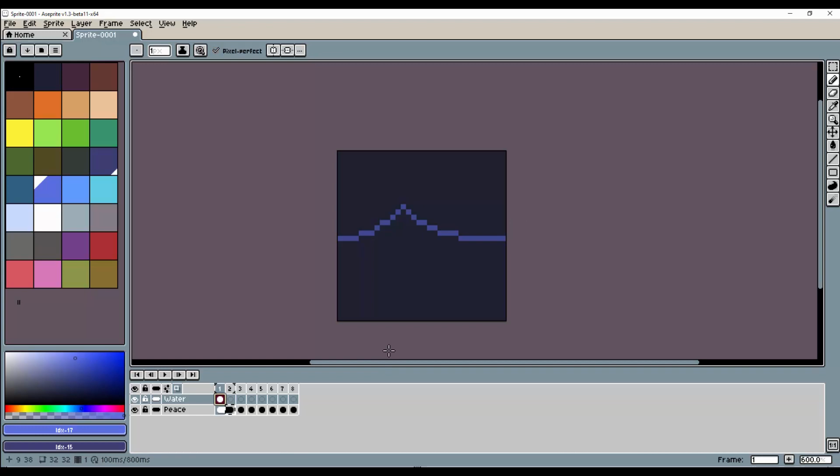And what I want to do is I want water to be constantly bobbing up and down because this will be a repeating animation. So I've set up my onion skin here. When I go to frame 2, I can kind of see faintly the lines of my previous frame. And I kind of want to make like this wave. I want it to move to the right, but I also want it to sort of grow and then kind of fade. So I'm going to draw the line a bit more like that. So now this goes from here to here,